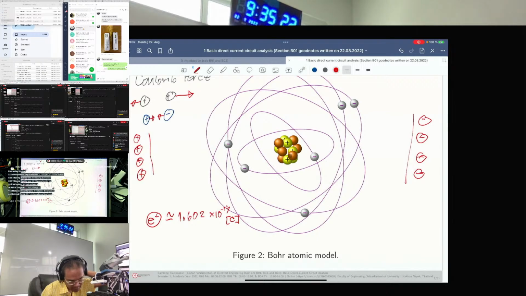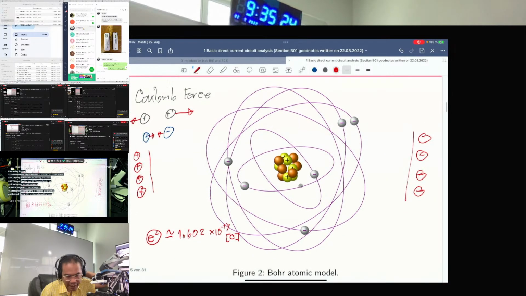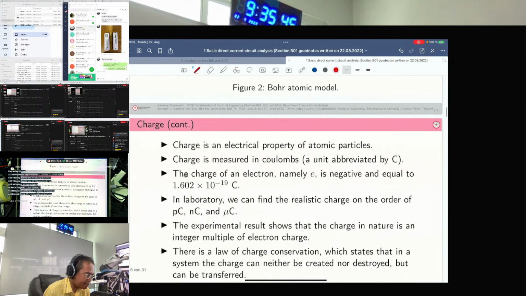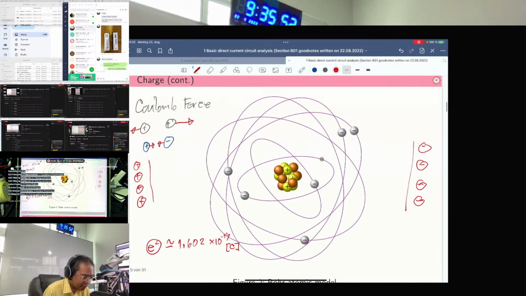Once the atom doesn't have or misses one of its electrons, we're going to have a positive charge, and the electron will move to another atom, and that's the charge flow rate. Okay. Charge is an electrical property of atomic particles. Okay. Once it's unstable, right? Someone has tried to attract